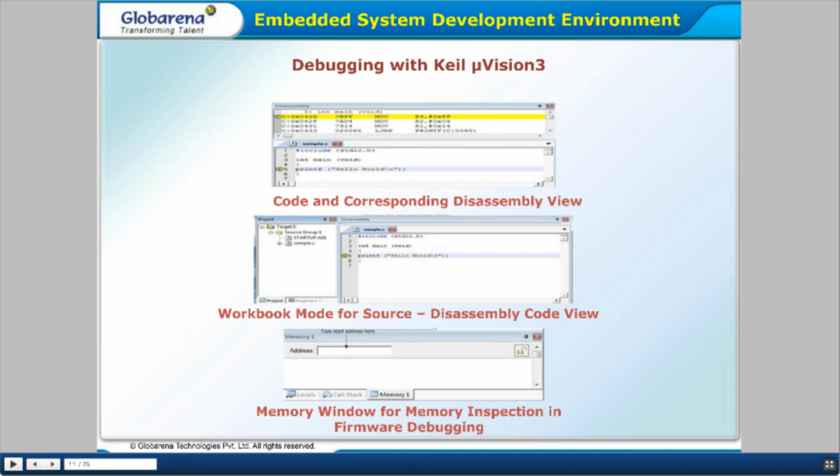If you want to save the target process, it can be saved into different addresses, that is, the memory can be stored in different address menus. There is a memory window for memory inspection in firmware debugging, meaning memory can be stored in a particular address only.